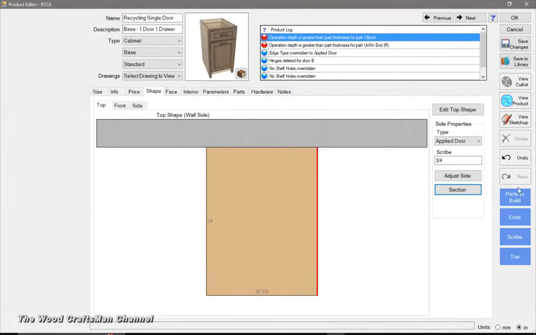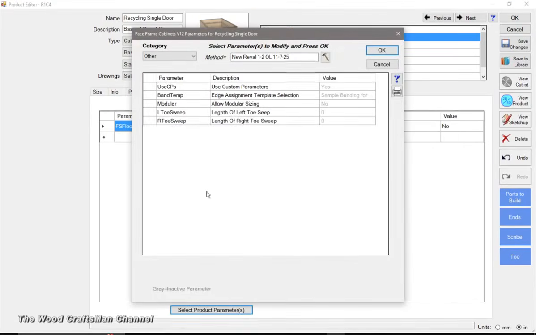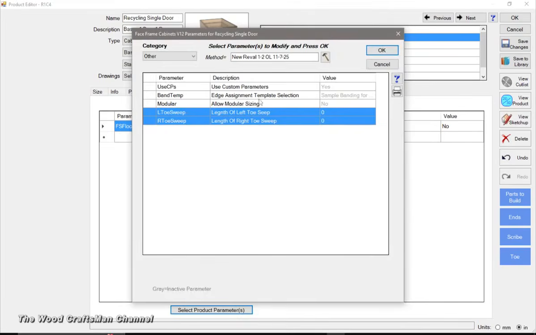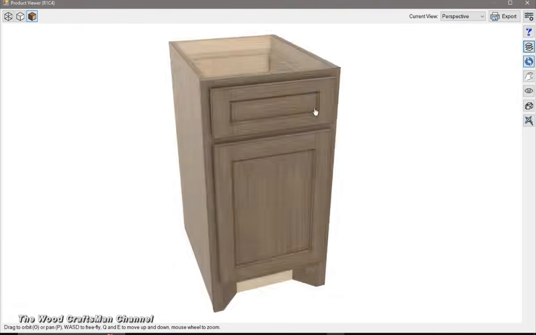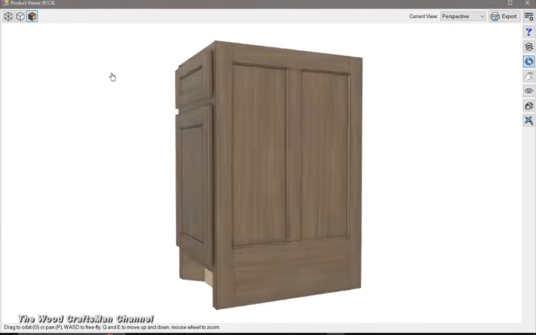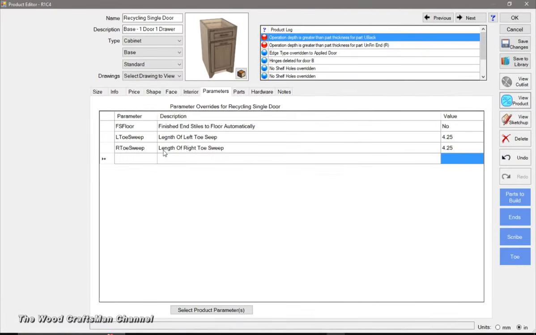Click OK, and again we're going to add the custom parameter of the toe sweep. So we're going to do left and right, and that is 4.25. Oops, yep, 4.25. And again, if we look at the 3D view, you can see here we have our toe sweep, and somewhere along the lines